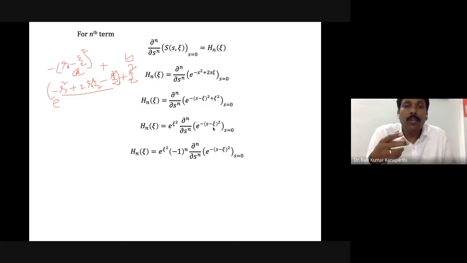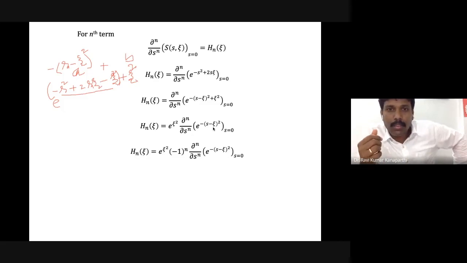Therefore, that minus 1 z square e to the power z square, minus 1 to the power n. Suppose it is 2 times, minus 1 square, how much is it, right? So each time you do one derivative, that minus 1 comes out. If you are doing n times, then n has to be there on the power, so minus 1 has to be taken outside as a common factor, to the power n. And that is one thing.